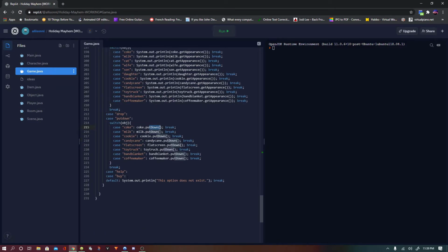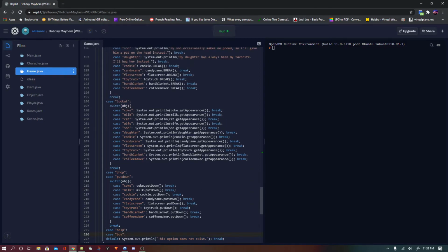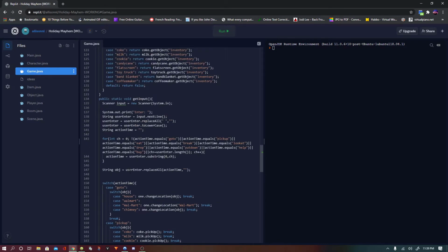And then help, I don't have anything, buy, I don't have anything. Didn't set that up. Default, that option does not exist. So just in case you type in something wrong at the beginning, but I don't think you ever get to it because of how I have it set up here.